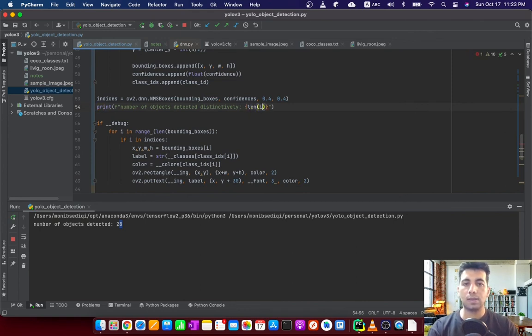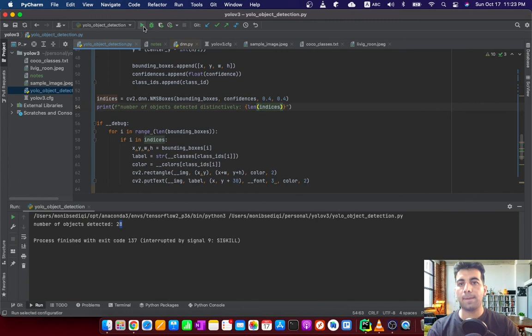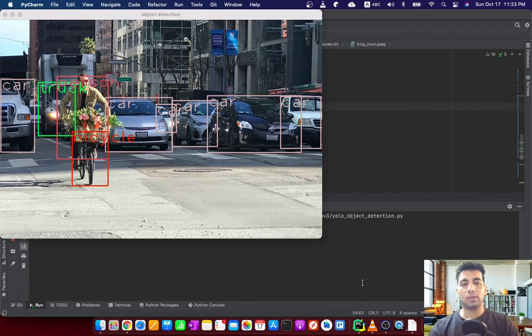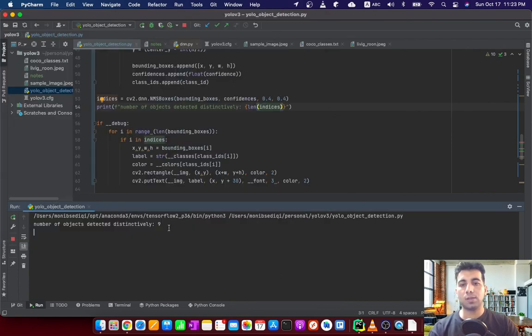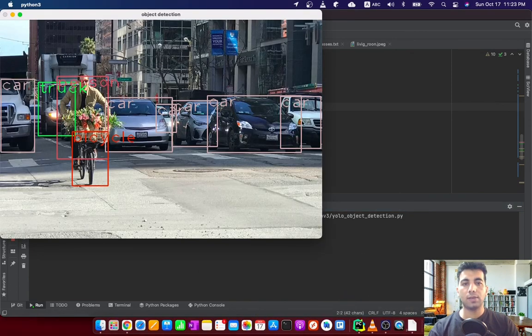We can see that by checking the length of indices. So we try to remove the duplicated objects. We have 9 objects detected in this picture. So if we count 1, 2, 3, 4, 5, 6, 7,